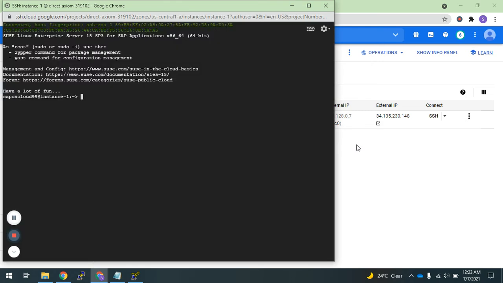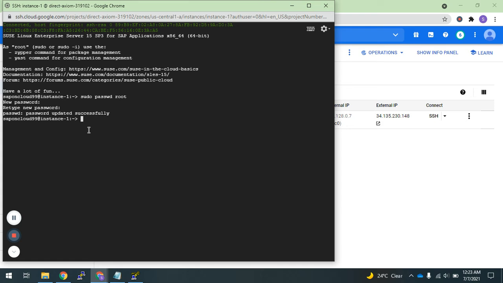You can see I'm logged in with my ID, which is SAP on cloud 99. The first thing I will do is reset the password for root, so I will be able to log in with root.